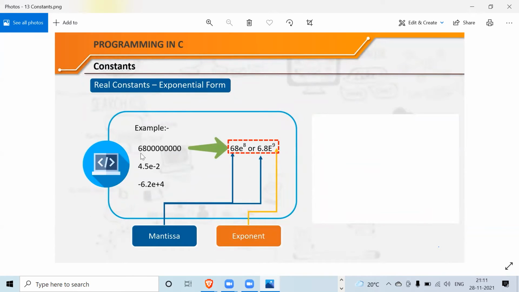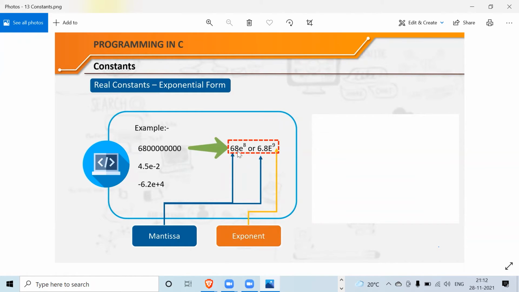See here, we are writing a big number, 68,000,000,000. So if we are going to write it in an exponential form, we write 68 E and then 8. Now what is 8? It is the power. It is of base 10. E8 means that 68 is multiplied by 10 to the power of 8. That's what E is showing here. E is using the base 10. Is that clear, everyone? Yes. Okay. So this basically means 68 multiplied by 10 to the power 8.